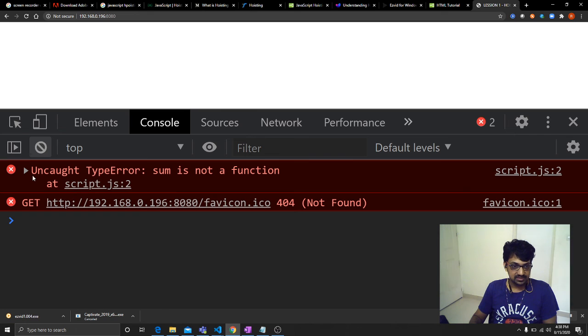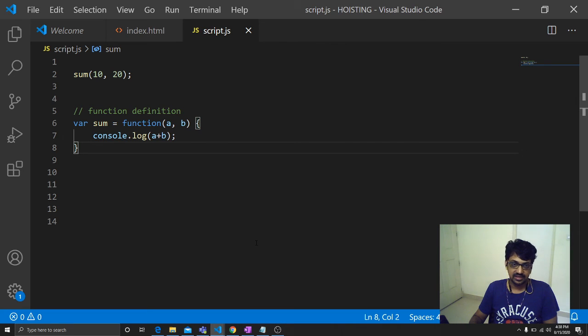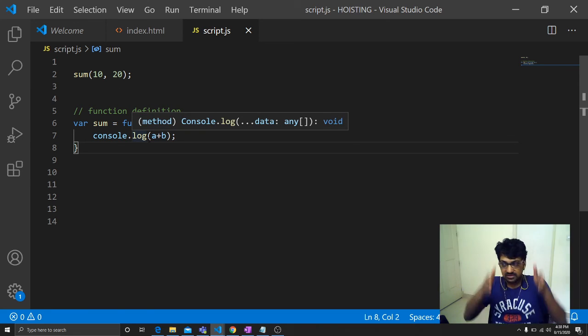So here you can see uncaught type error, sum is not a function. From this we should understand that the function expression will not be hoisted. No wonder, because we can see how the JavaScript engine sees this file while parsing.